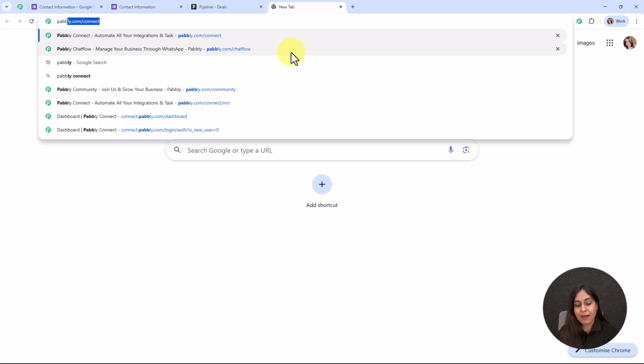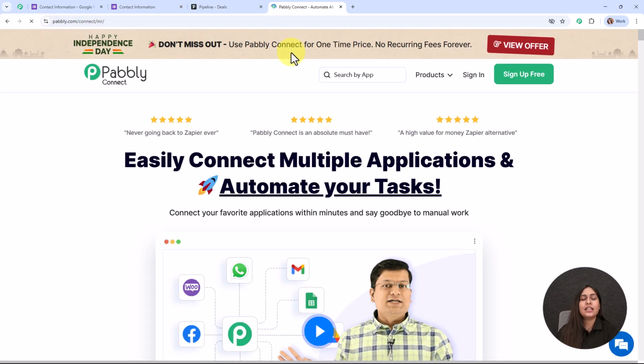So to access Pabbly Connect, you need to search for pabbly.com/connect in your browser, and it will take you to the homepage of Pabbly Connect. So this is the homepage of Pabbly Connect, but here before moving forward, let me tell you about the